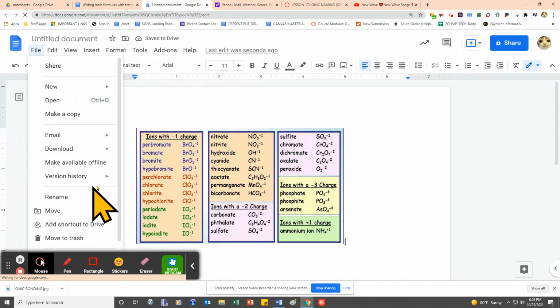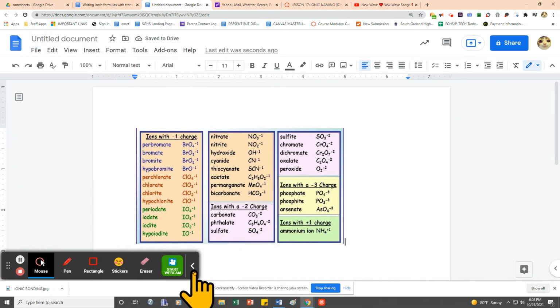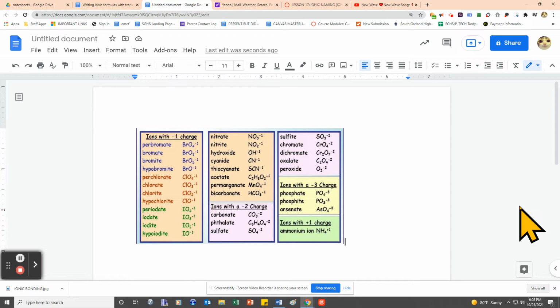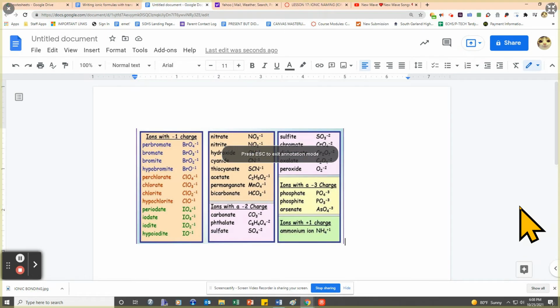And then, all right. So for example, now, let's continue. Guys, what if the compound that they asked you to write the formula for is sodium